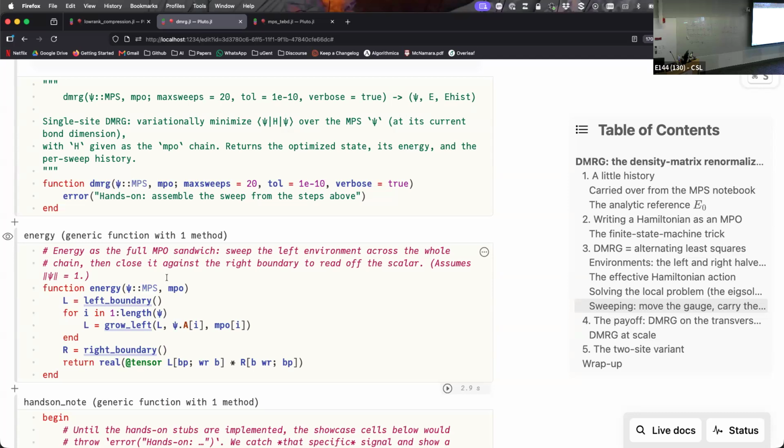That is right physical. But I think based on what it was before, it has to be this way, right? Right, so I think this should be right physical left. Unless there's a different way to make this guy, but L is B prime W B, so it has to